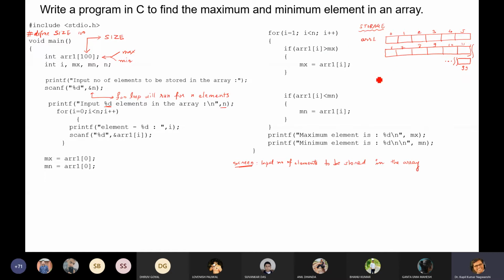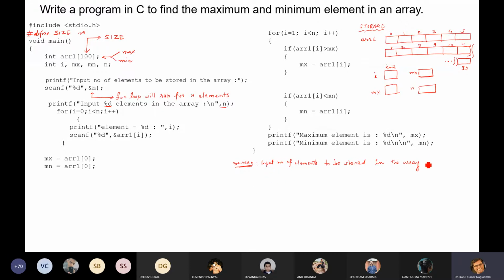Now come to another variable, that is your integer I. So this is your I of integer type. Similarly, mx, mn, and n are all integer type, so I am not writing the type of any one. Fine. Now, initially we input the number of elements.